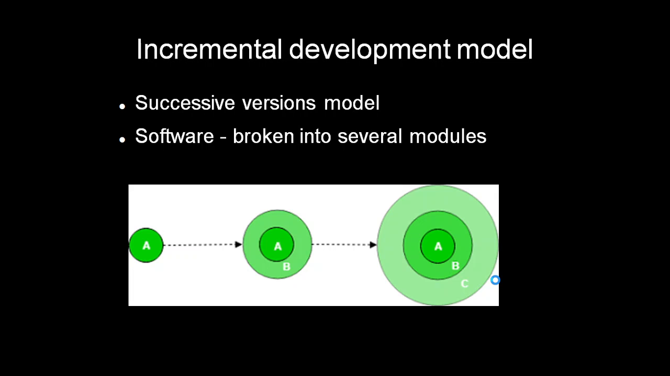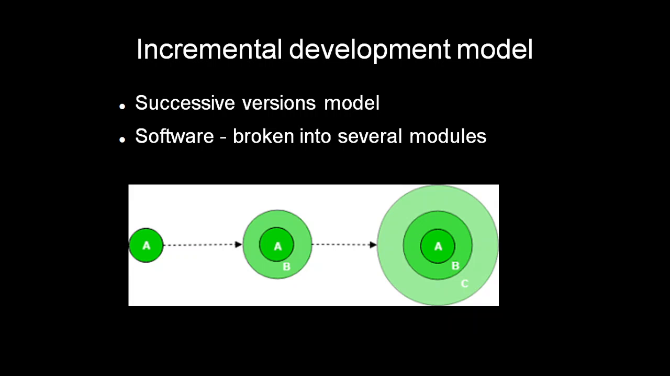In this model, what we do is we deliver successive versions of the software. We start from the whole software and break it into several different modules. Then we deliver some of the versions first. We call it version A of the software, which will be delivered to the customer, and the customer will use